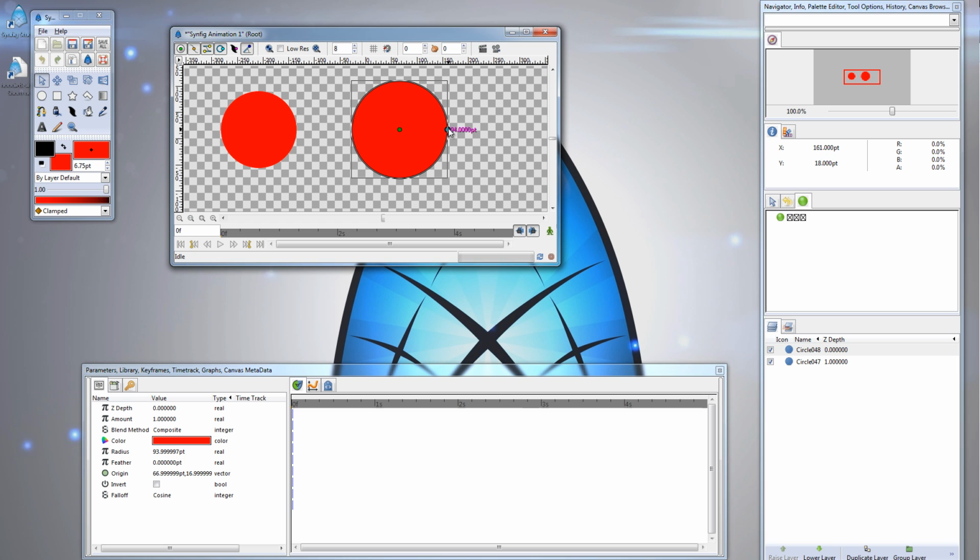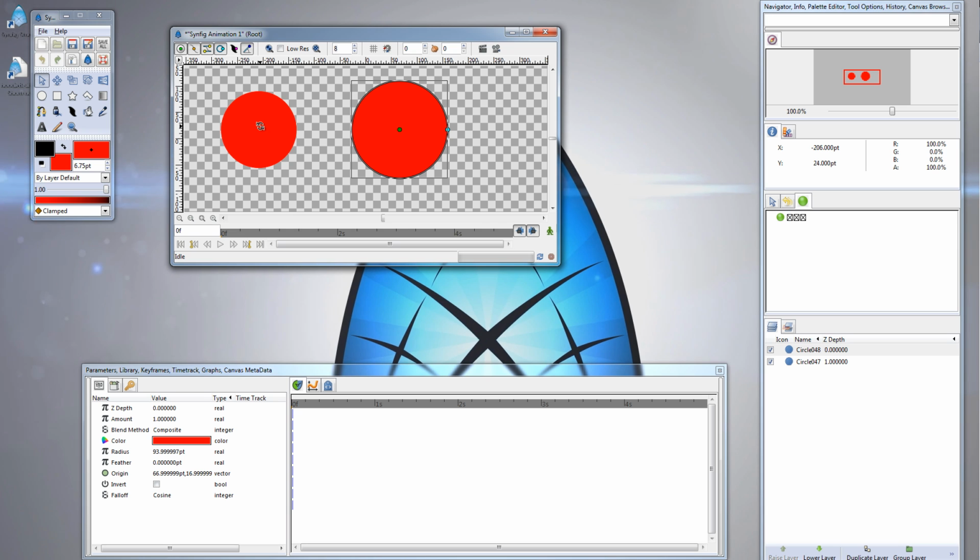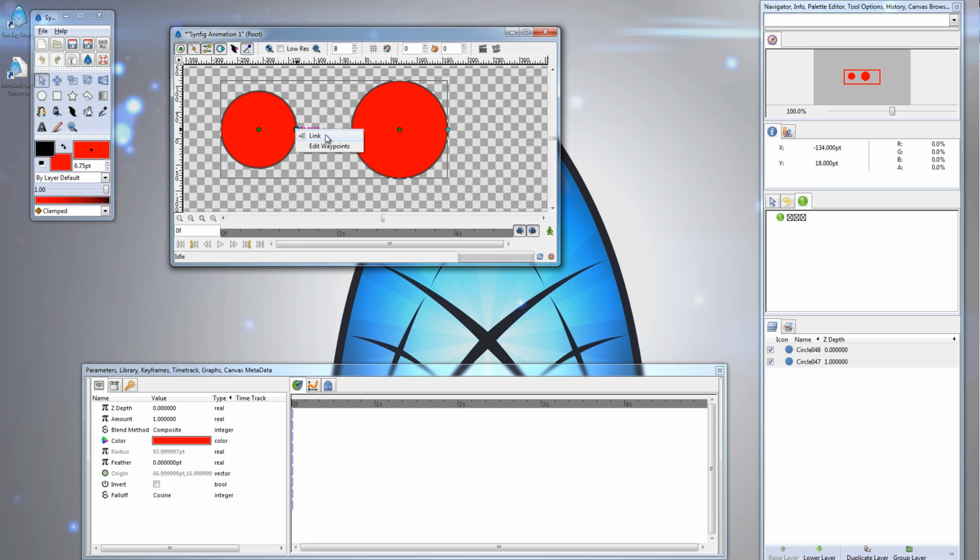Okay, so if I click on the radius handle for one circle and I control click on the other circle, or command click on the Mac, you'll have both circles selected at the same time, and I control or command click on the other radius handle for the other circle, both of those points will now become highlighted. And what you do is you right click on any one of those highlighted handles, and you'll see two options. The option that we're interested in is link. So if you click link,